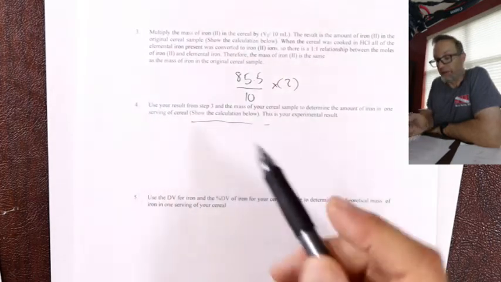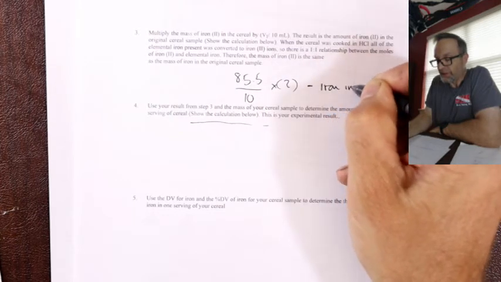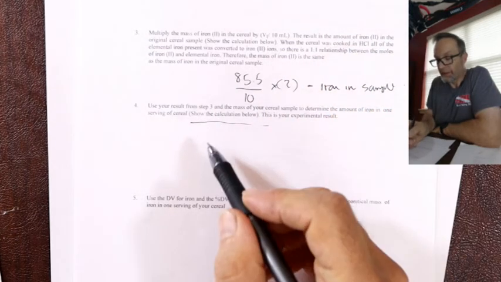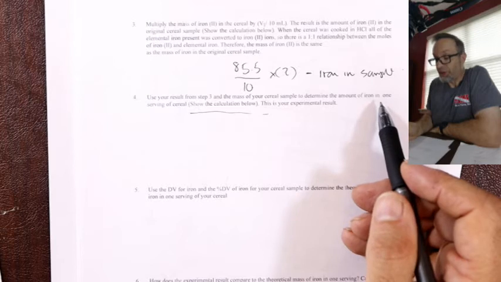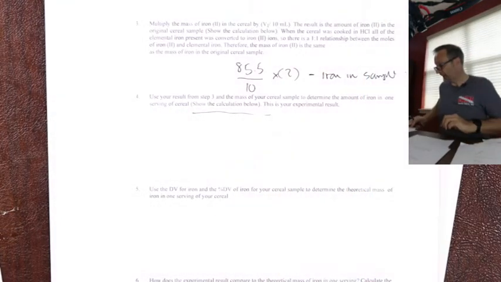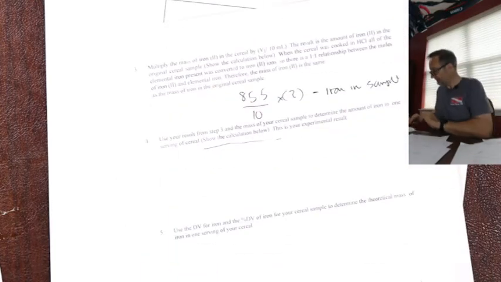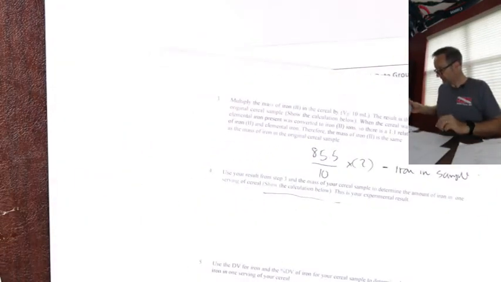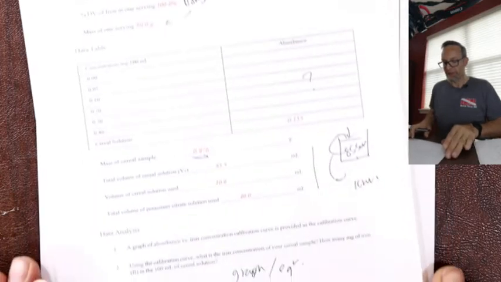How do you think you do that? Let's think about it. So use your result from step 3. This is iron in sample, and the mass of your cereal sample to determine the amount in 1 serving. So you have here, if I go back, let's just look at it. Too many pieces of paper. Excuse my flopping around. So here,